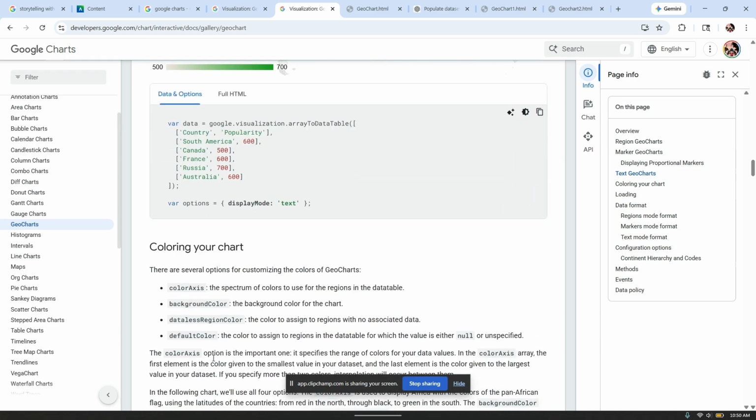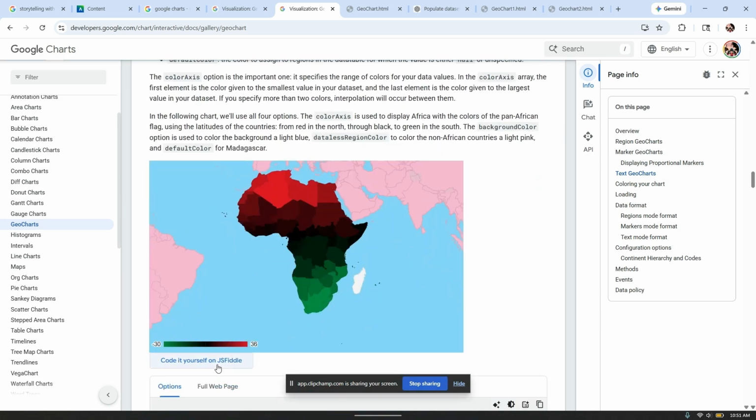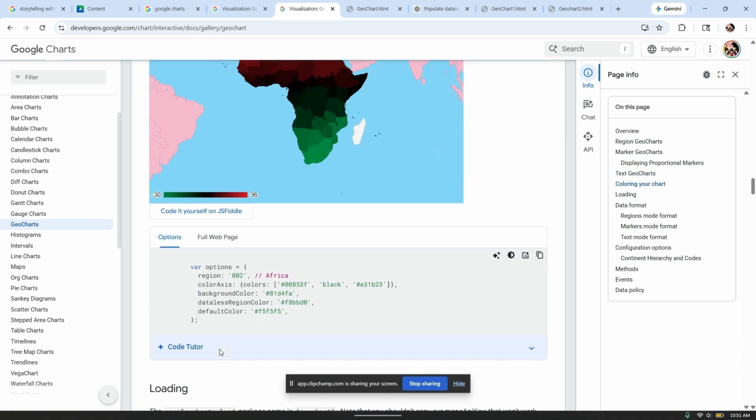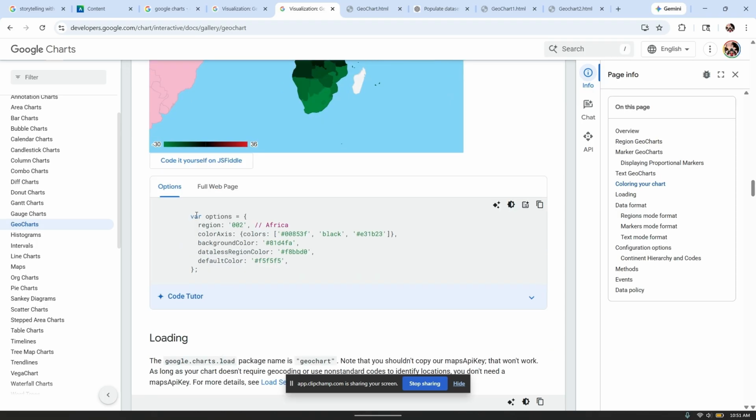Here you can see you can make a chart where you put text in there. Doesn't look that great, but something you could do. And you can change the color scheme. This is for a binary color scheme. You just need to take the variable options part and change the colors. You've got a default color, a background color, and a dataless region color. Oh, color axes. That's a color code. That's black. That's another color